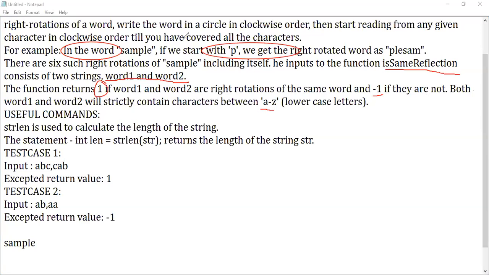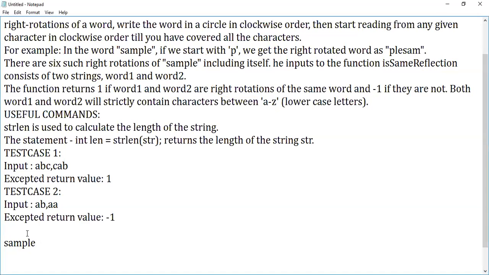So we are going to have 2 strings: one string is your original string and the other string is the mirror image of it. As per the given scenario, the mirror image can start at any position and will have the same number of characters. If it is a mirror image, that is, it is in right rotation format, then we are supposed to return 1 as the output. When it does not follow it, we are supposed to return -1 as the output. So let me explain in detail.